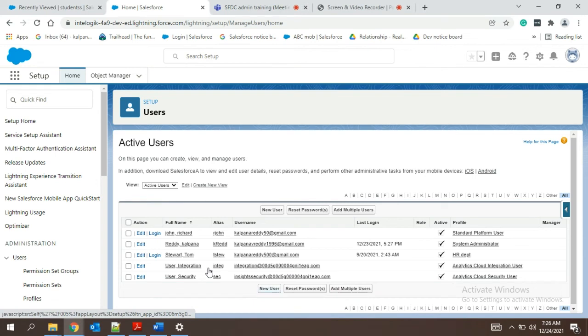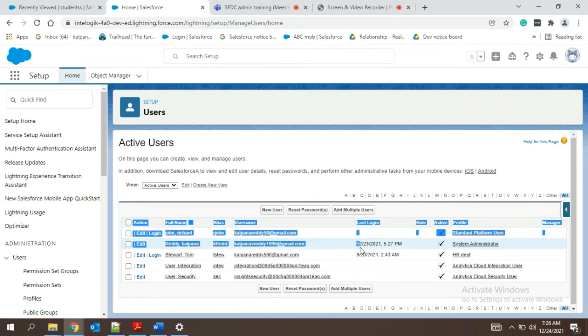By default, you will get only one user. This one I got by default, and the others I have created myself.